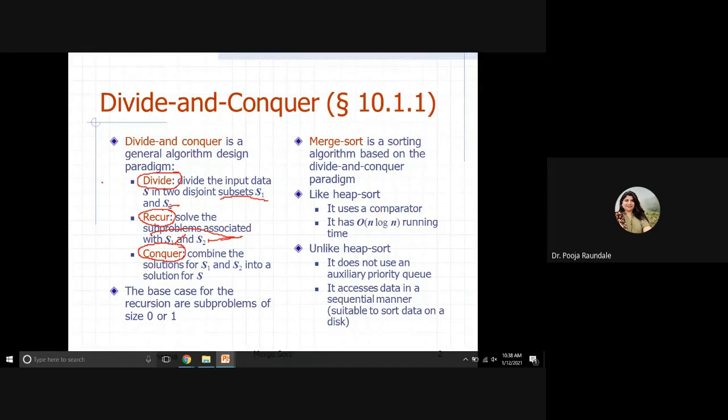Okay, so there are basically three steps. First is divide, second is solving the sub problems separately, and third is combining the solution, or conquer step, right? So we have seen these three steps. Now whenever we analyze the algorithm, we have to look at how these three steps are performed. Before we do the analysis, let's go through the algorithm once again so we understand the proper working of the concept of merge sort algorithm.